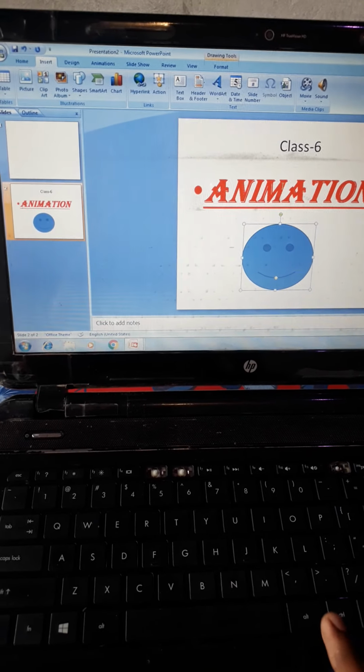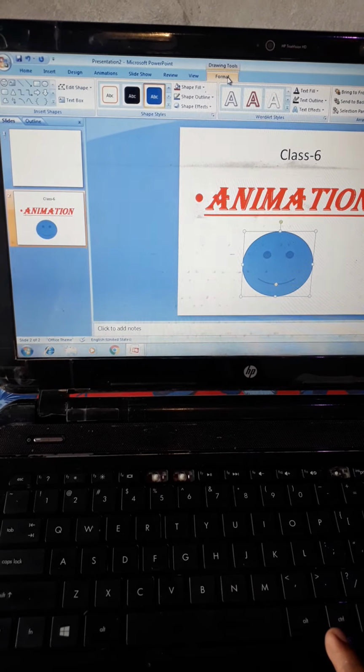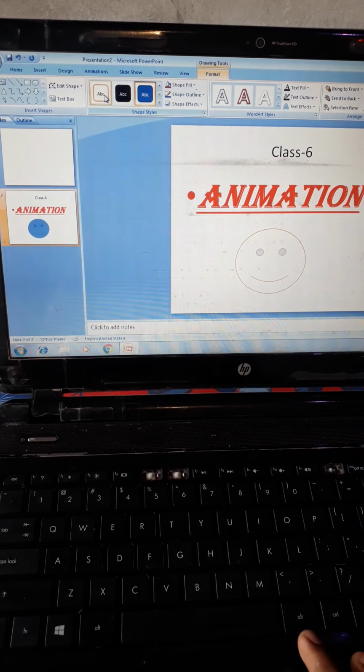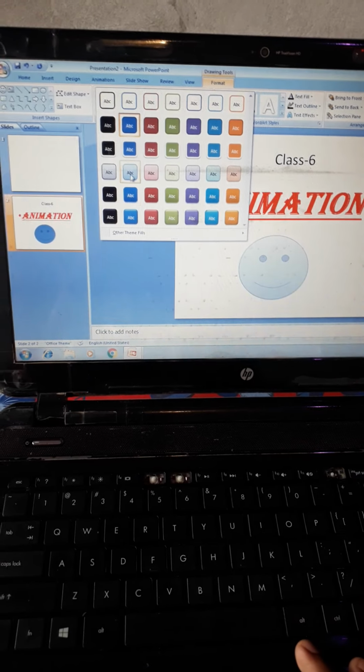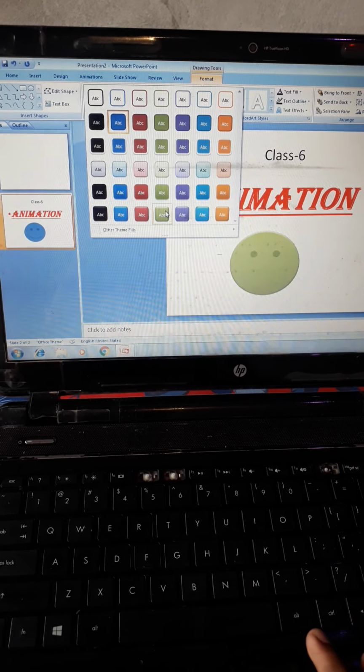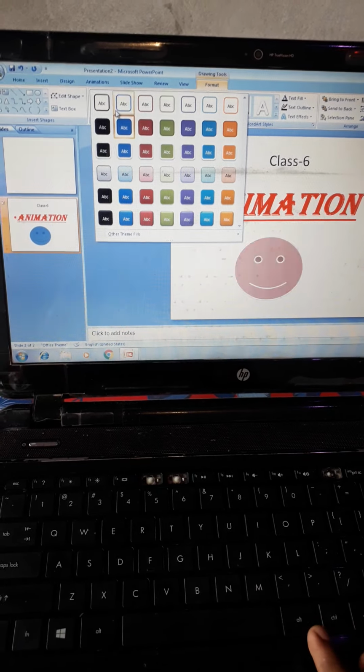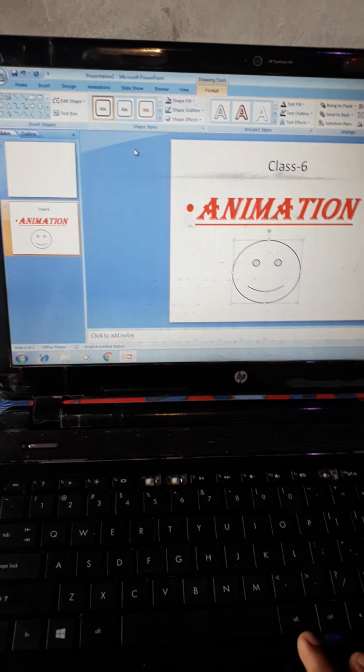If you want to edit this, then you can click on the Format tab, and according to your needs you can select. You can see the changes, you can see all the changes. Whatever you want to apply according to your needs, you can apply any one. Okay, next is